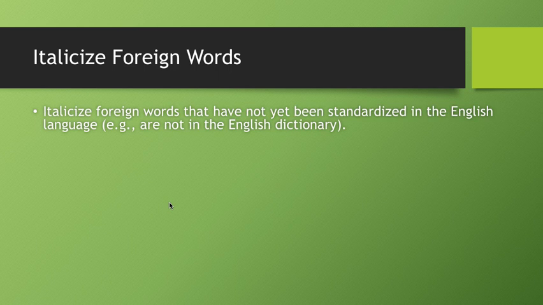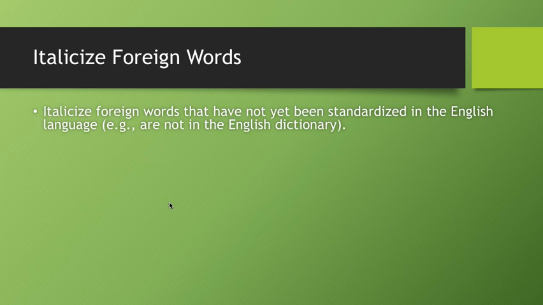And right now, this is up a little bit for debate, whether or not to italicize foreign words. What we mean by foreign words are words in any other language that have not been standardized as part of the English language. And the easiest way to check if they've been standardized is to see if they're in the dictionary. So the dictionary has over 500,000 words that says, you know, these are words that we use in the English language. They have definitions. Sometimes they give the etymology, sometimes it's just a pronunciation guide, etc.